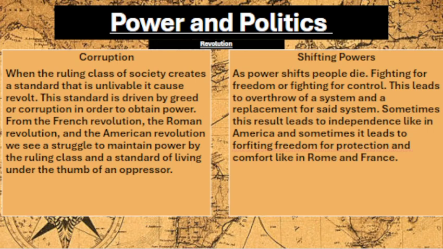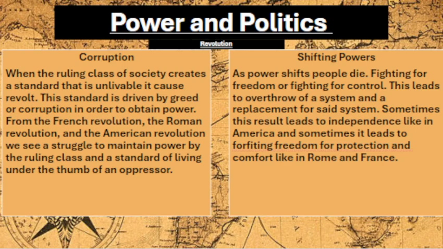As far as revolution, corruption can play a huge part in power and politics. When the ruling class of society creates a standard that is unlivable, it can cause revolt. This standard is driven by greed or corruption. In order to obtain power, from the French Revolution, the Roman Revolution, and the American Revolution, we see a struggle to maintain power by the ruling class and a standard of living under the thumb of an oppressor, which creates